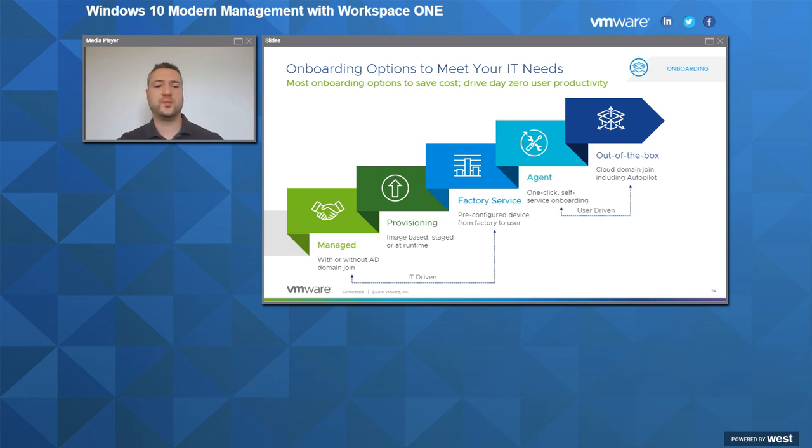So if you were to look at what this could potentially look like, so when it comes to onboarding, you have a whole different range of options to onboard the machines. They can come straight from the factory, already set up and ready to go to the end user. It could be set up by IT, so it could be the normal IT image-based staged deployment. It could be a managed machine on the domain, or it could be user-driven. So as you've just seen in that demonstration, the user could just simply log on and do out-of-box enrollment. And if you allow them to, they could potentially do that from anywhere.